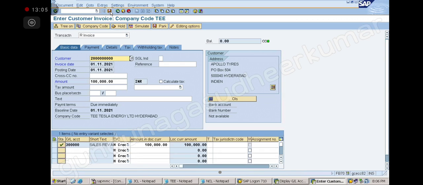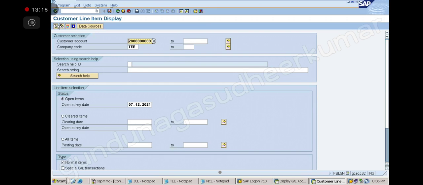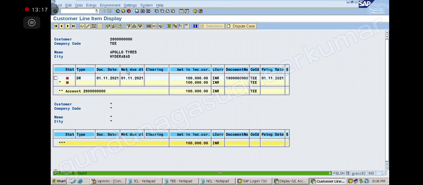Okay, good. Now save. Good. Now you will see FBL5N. I have one open item, and that is already due, right? You see net due date. Net due date is 1st November. Till now I have not received the money, right?